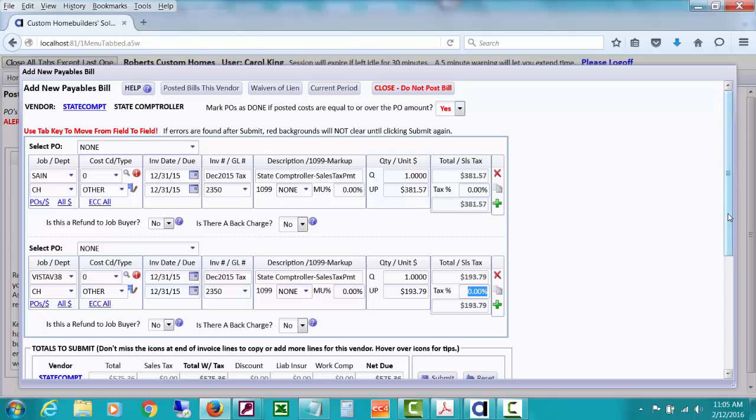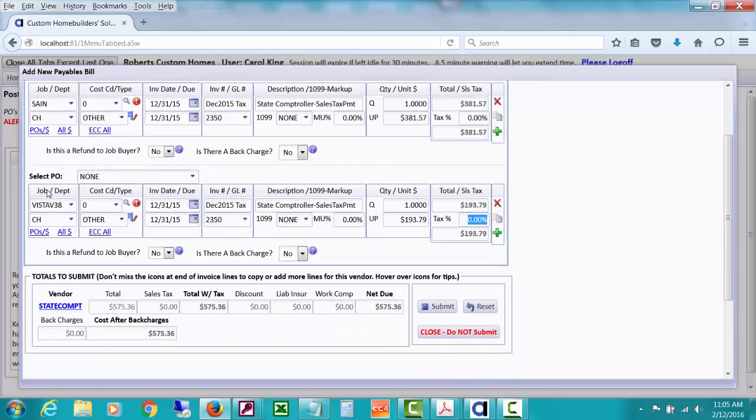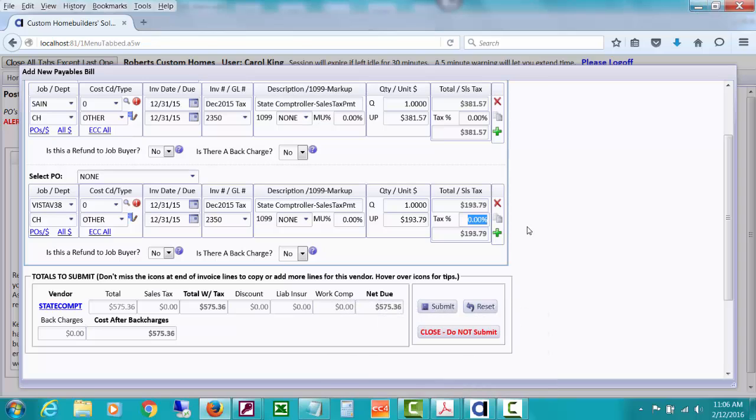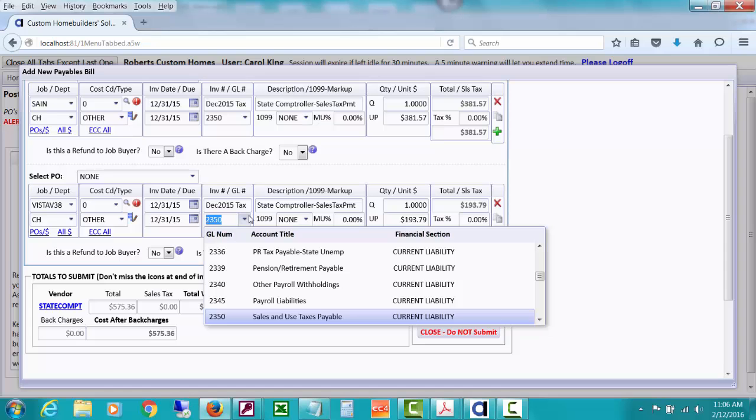So now I've got those allocated to be paying off based on the job, and it's 575.36 is my total. And we've done our sales tax return. If there's a little difference, you might be posting that. If you get an earned discount or something from your controller, you'd be doing another line, and that should be to the H job. Shouldn't even relate to the jobs. Some other line, but you want to be sure you clear your sales tax payable account. That's what GL number is dropping in here,